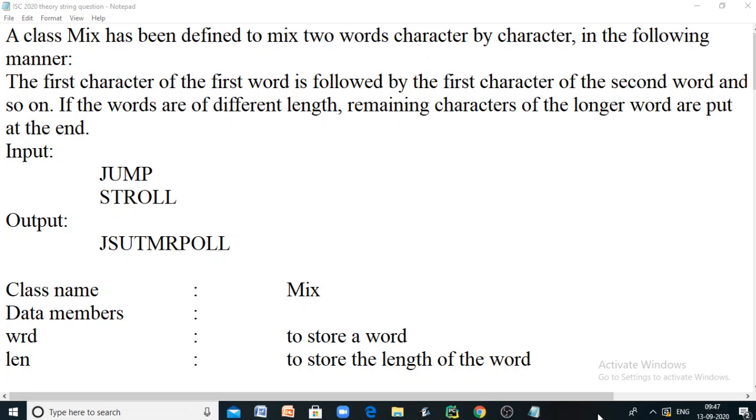Hi everyone, in this video we are going to discuss another ISC Computer Science theory question that is taken from the ISC Computer Science board examination question paper of the year 2020, and the topic is taken from strings. The question goes like this: a class Mix has been defined to mix two words character by character in the